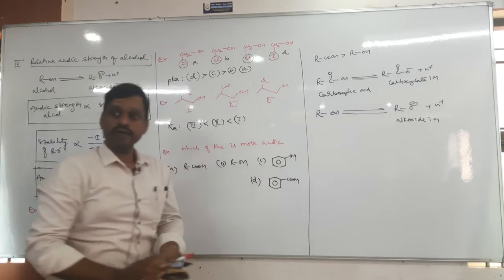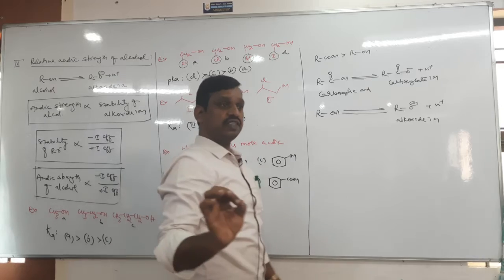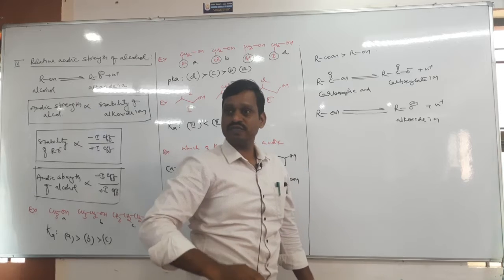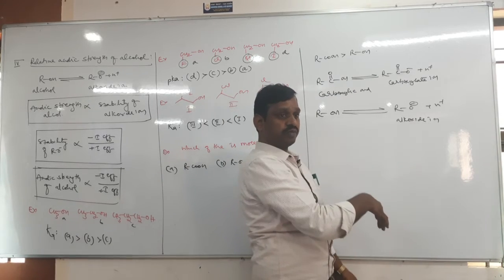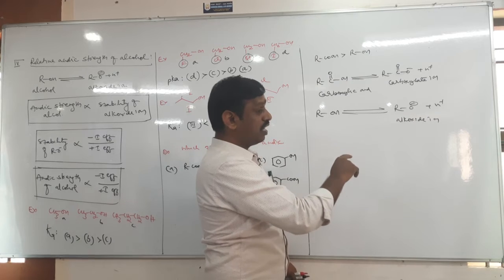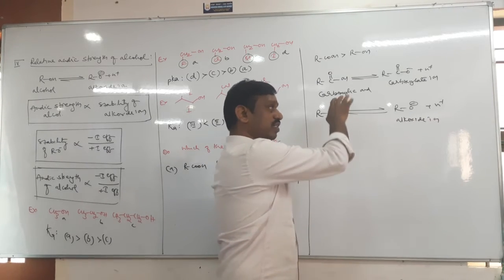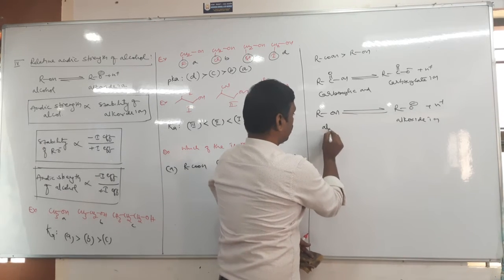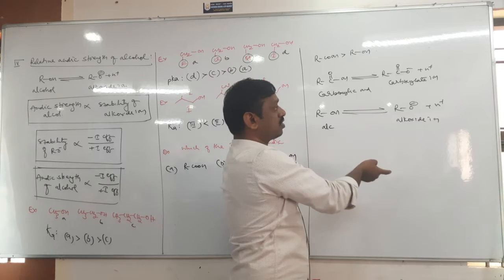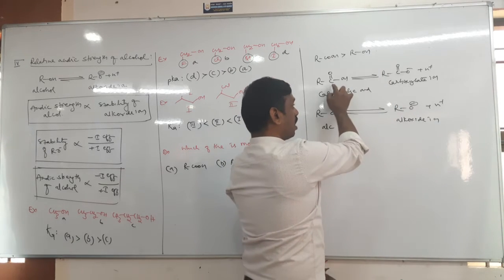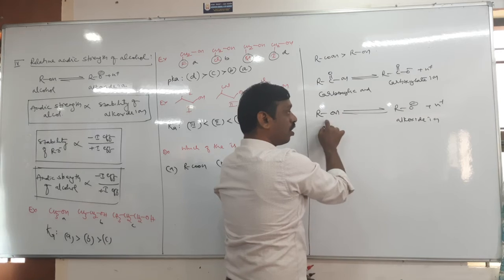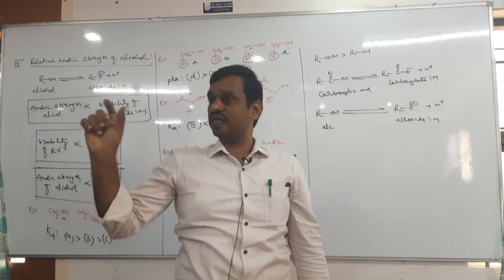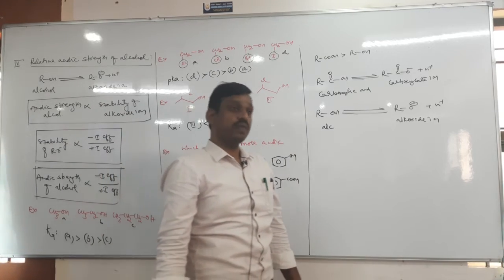Now tell me, the acidic strength of any acid depends on its anion stability. Remember, in organic chemistry we study this way; in inorganic chemistry we won't use these concepts. So the acidic strength of these two depends on the stability of their anions: carboxylic acid gives the carboxylate anion, alcohol gives the alkoxide anion. Among carboxylate and alkoxide anions, the carboxylate ion is the most stable compared to alkoxide.